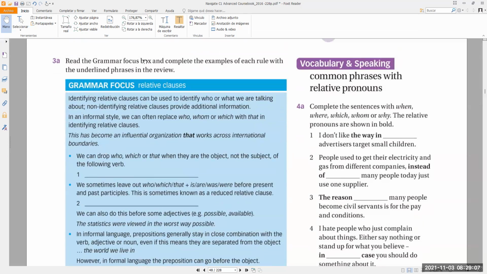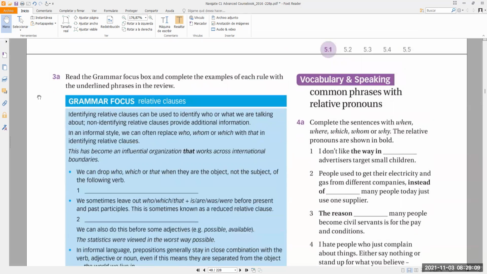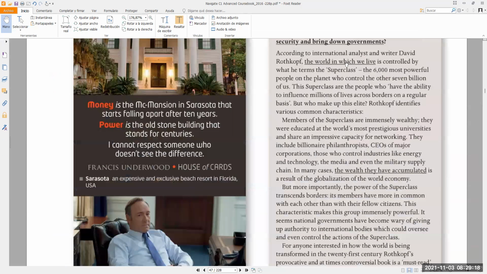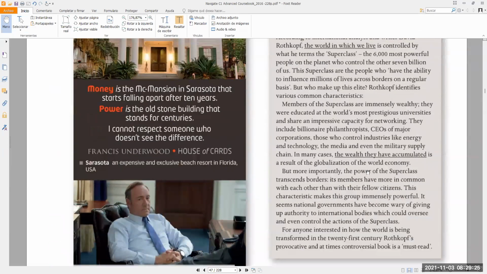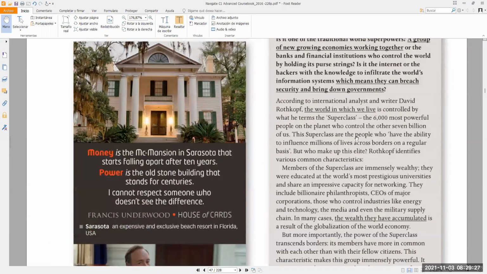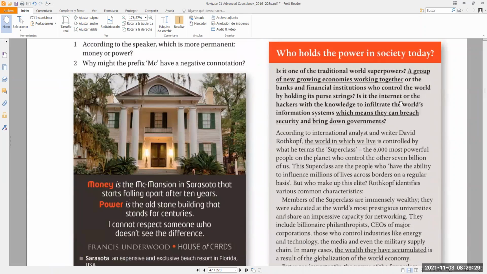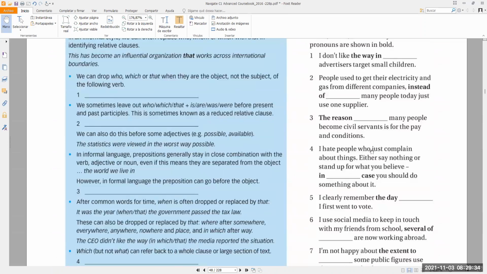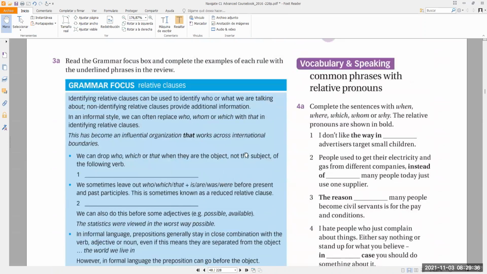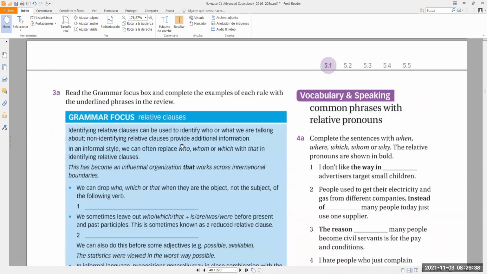So basically, guys, what we're going to do here is read the grammar focus box, this box here, and complete these examples with underlined phrases in the review. So we've got here 1, 2, I think it's just 2 that we have. I don't see any other. Oh, I know we've got more. 1, 2, 3, 4. Right, we have 4 different phrases,